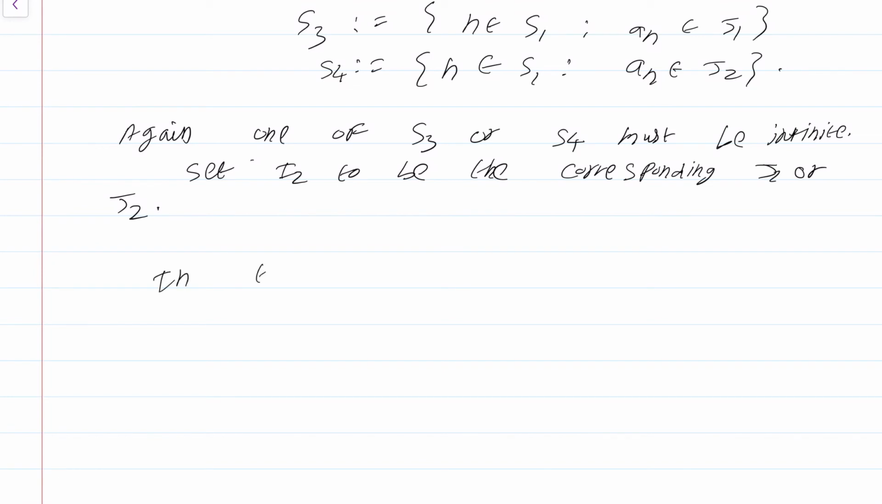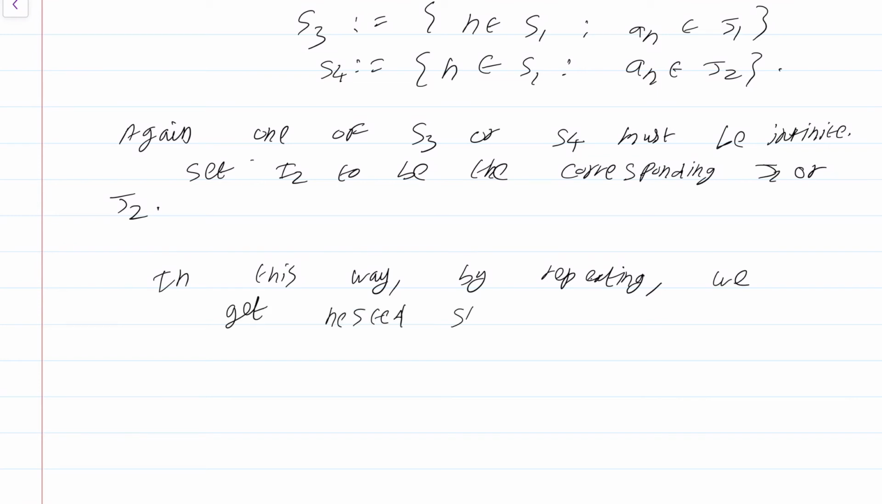By repeating this, that is, split into two intervals, look at those indices for which an is there in the first part and look at those indices for which an is there in the second part. One of these sets must be infinite. S5 and S6, one of them must be infinite, and so on. When you repeat this argument, you will always get intervals, each of which has infinitely many indices such that an belongs to that interval. Okay. So in this way, by repeating, we get